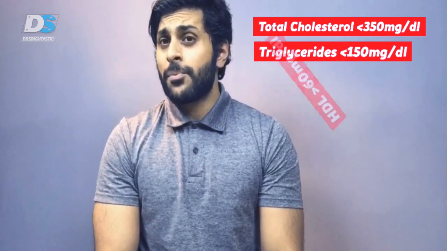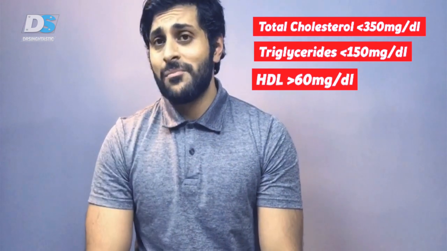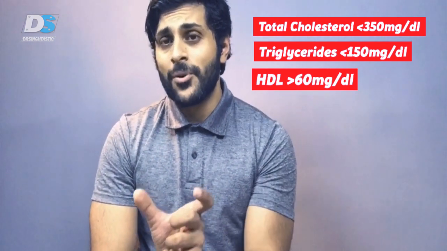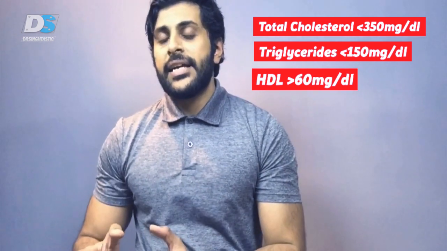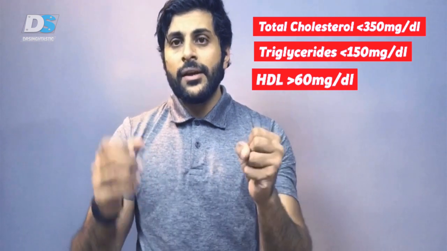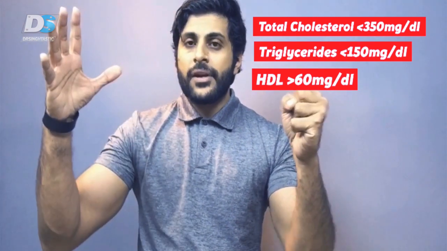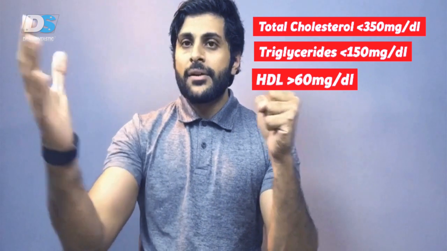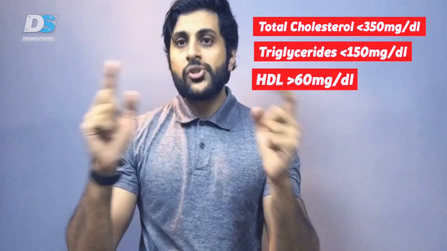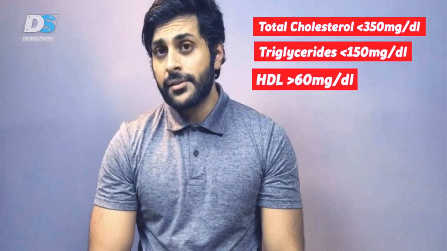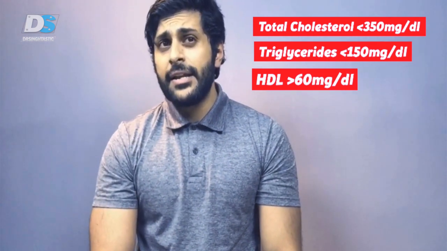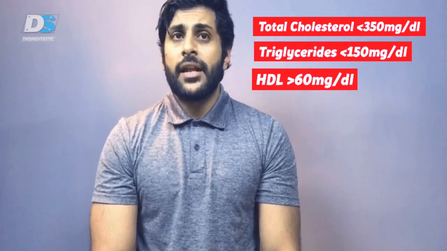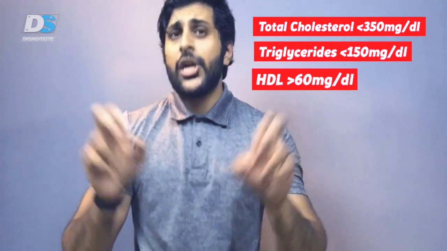Next thing is the HDL, high density lipoproteins. Now see how I'm really stressing on the word protein. It is a protein, guys. It is not cholesterol. Now LDL and HDL are two carrier proteins. Now think of it as a center and a periphery. At the center you have a liver and the periphery is your body. There needs to be certain communication between these two centers by means of carrier proteins, and these carrier proteins are HDL and LDL. Now HDL is high density lipoprotein and it's so called the good cholesterol.